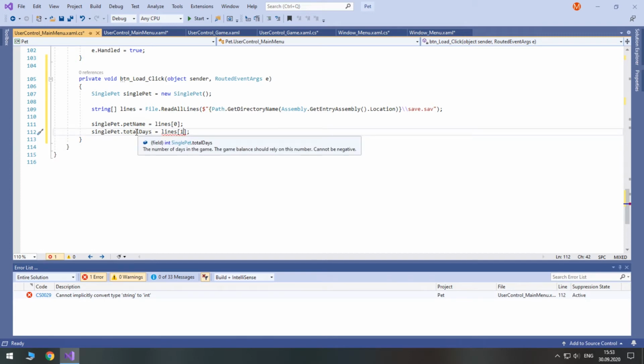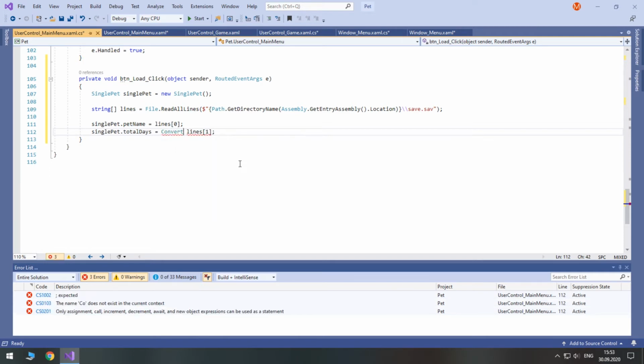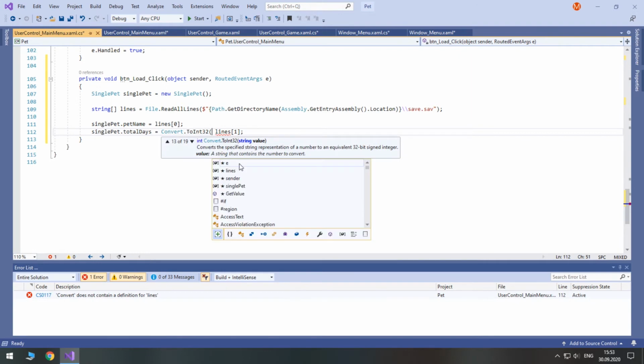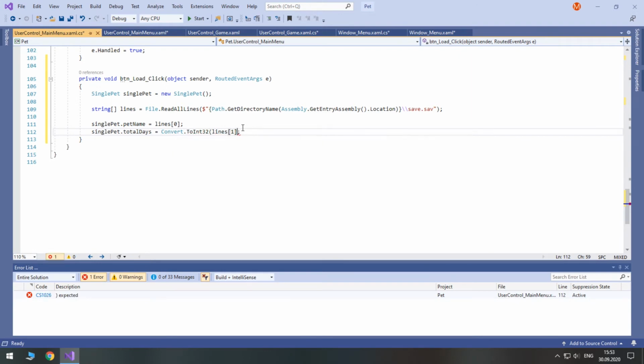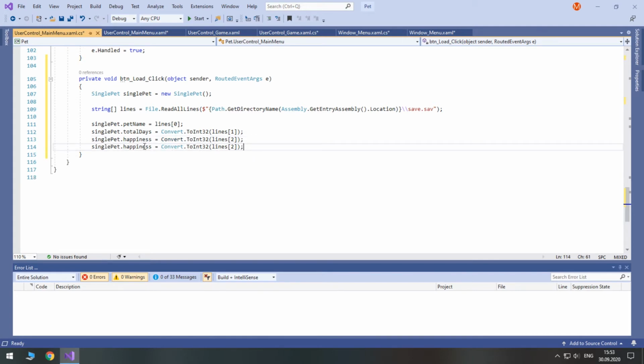Because total days is int and every element of lines is string, we need to convert it to int first. So type convert dot to int 32 and take it in parentheses. Happiness will be in line 2. Then happiness bonus, it's in line 3. Well, actually in line 4, but you understand what I mean. I hope so.